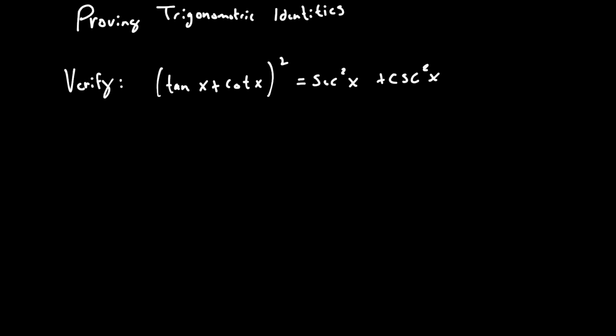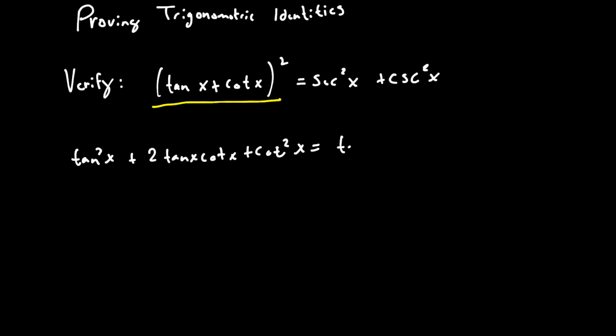For this identity, we want to show that (tan x plus cotan x) squared is equal to secant squared x plus cosecant squared x. So let's go ahead and simplify the left-hand side. We'll factor this out and get tan squared x plus 2 tan x cotan x plus cotan squared x. Simplifying this,